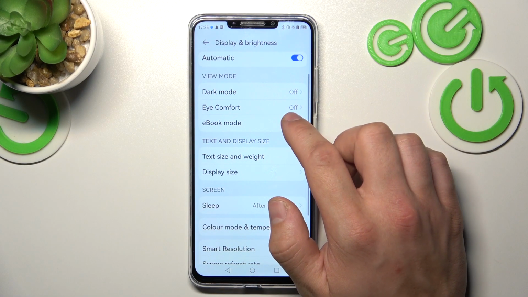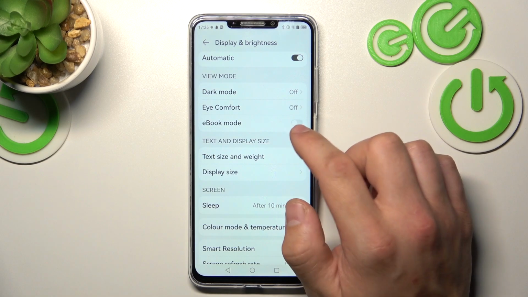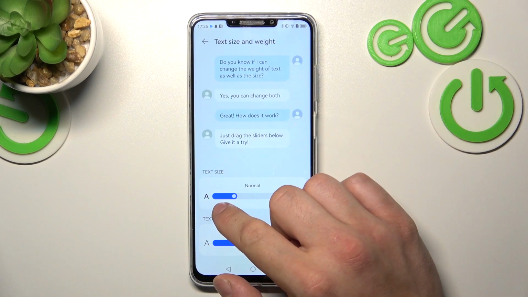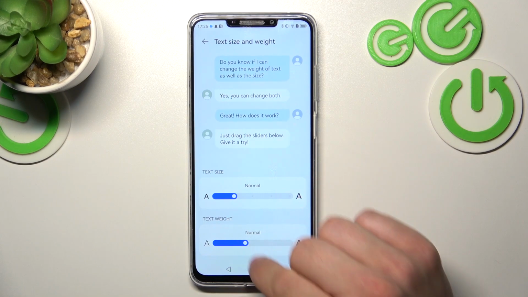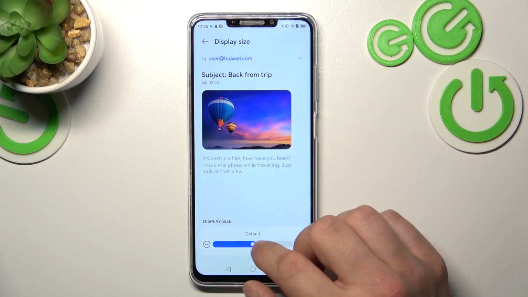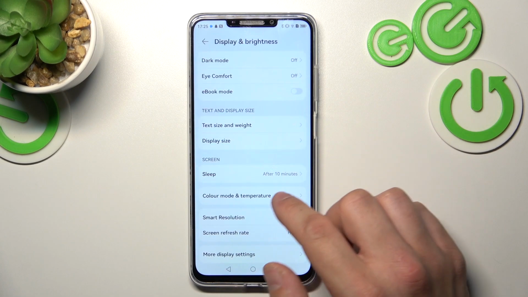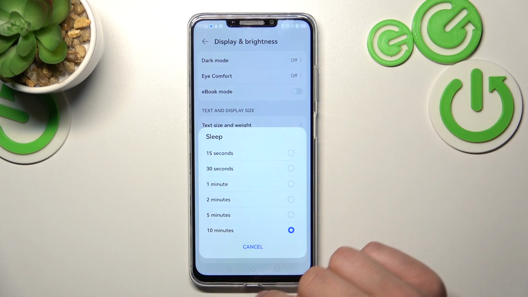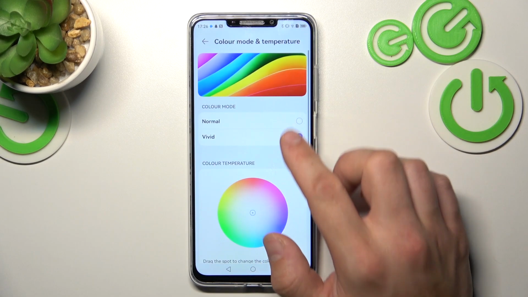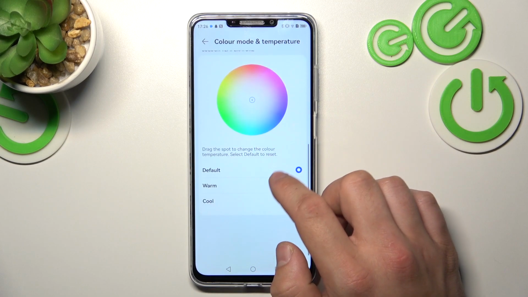Next, you can enable or disable ebook mode. Now, you can change text size and weight, display size, change sleep timeout between 15 seconds and 10 minutes, adjust color mode and color temperature,